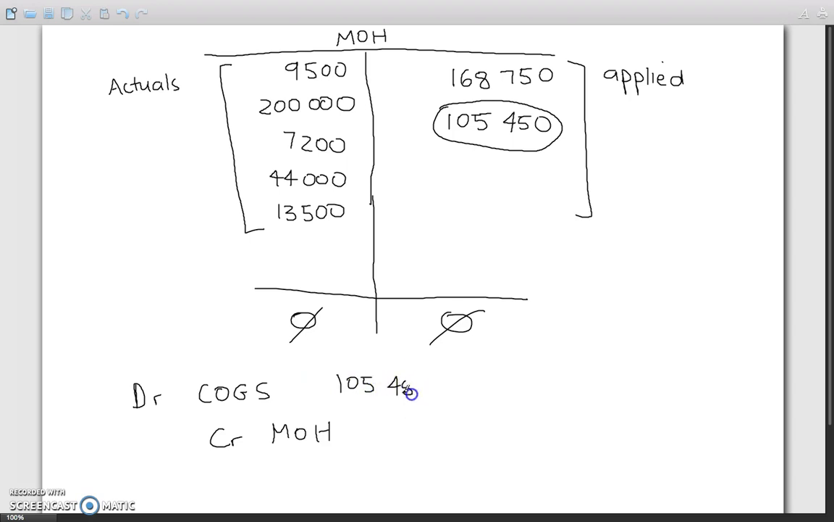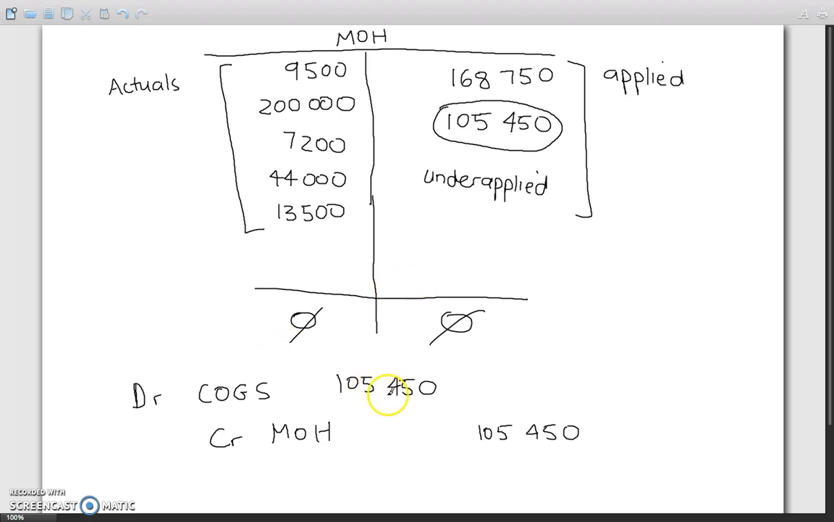So what is the point of this? Why do we do this? First we create an estimate and then we balance it out by the actual figure. So in this case, first off, is this underapplied or overapplied? Well, since your applied was smaller than your actual, it was underapplied by 105,450. All right. So in order to reconcile that, in order to make your accounting data accurate, you debit